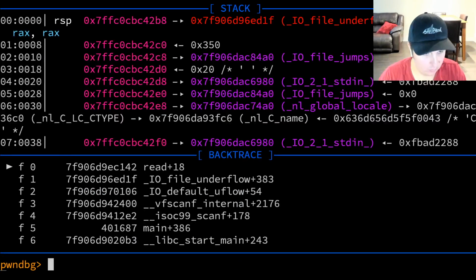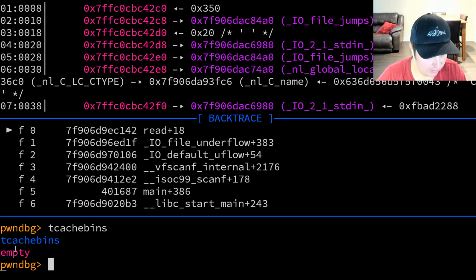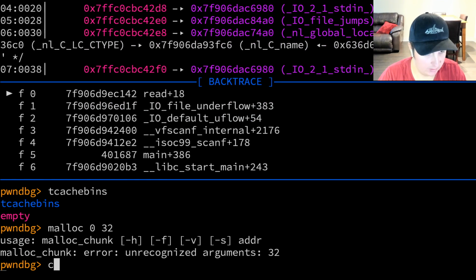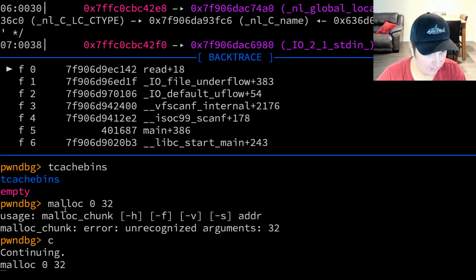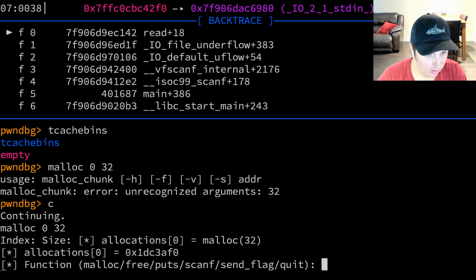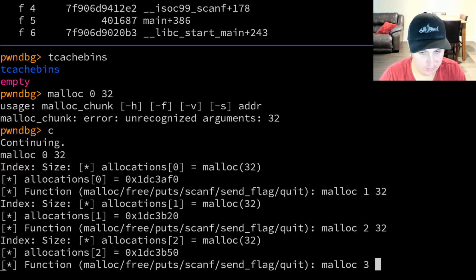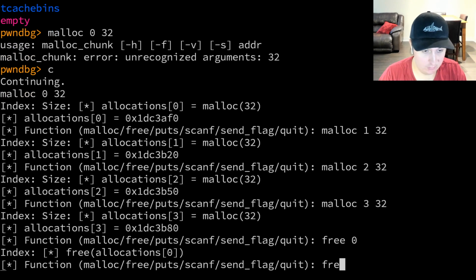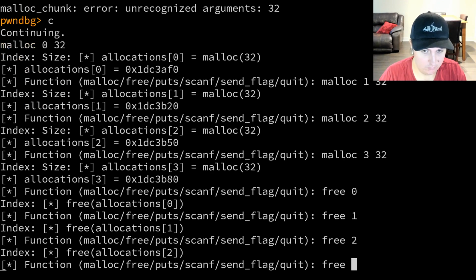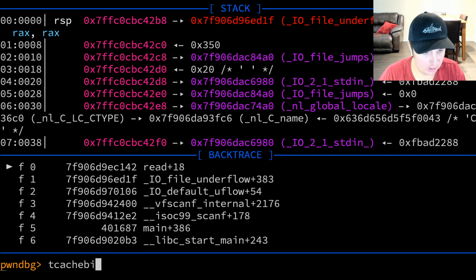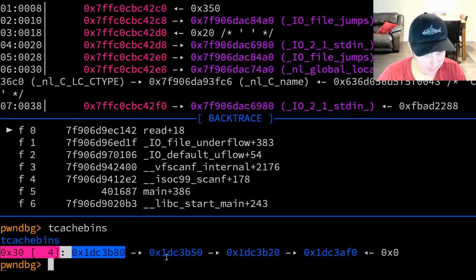If we quit out again and do Tcache bins, we can see that it's empty, which means that if we do malloc 0 32, oops, we want to do that inside the program. Malloc is some sort of operation here as well. We can see it gives us this address, and then let's say we do malloc 1 32, and then malloc 2 32, and then malloc 3 32, and then let's do free 0, free 1, free 2, free 3, and then just look at Tcache bins. We can see it's showing us this linked list,